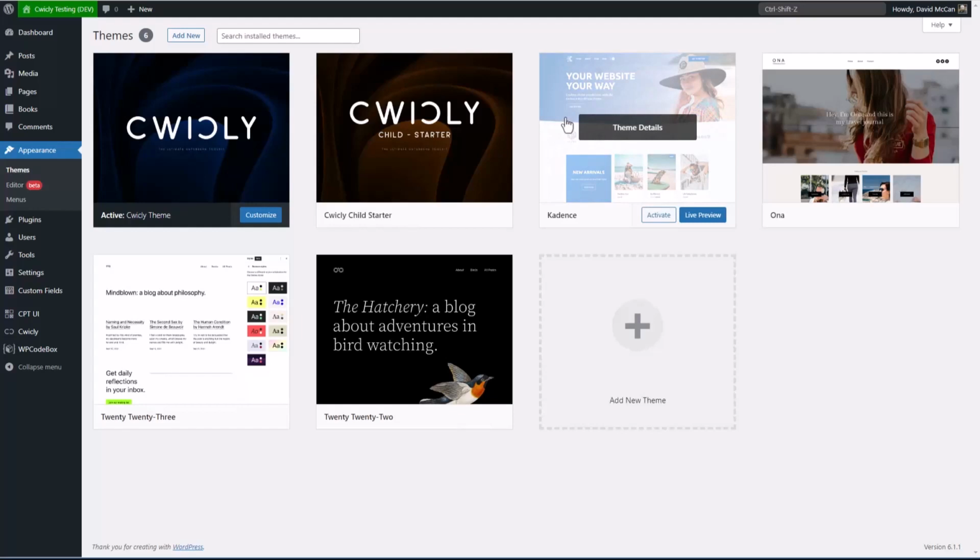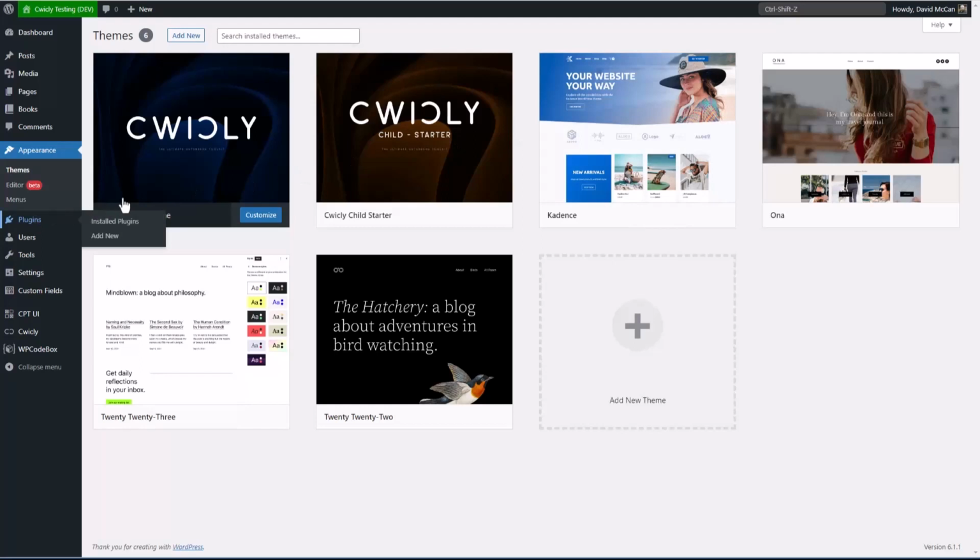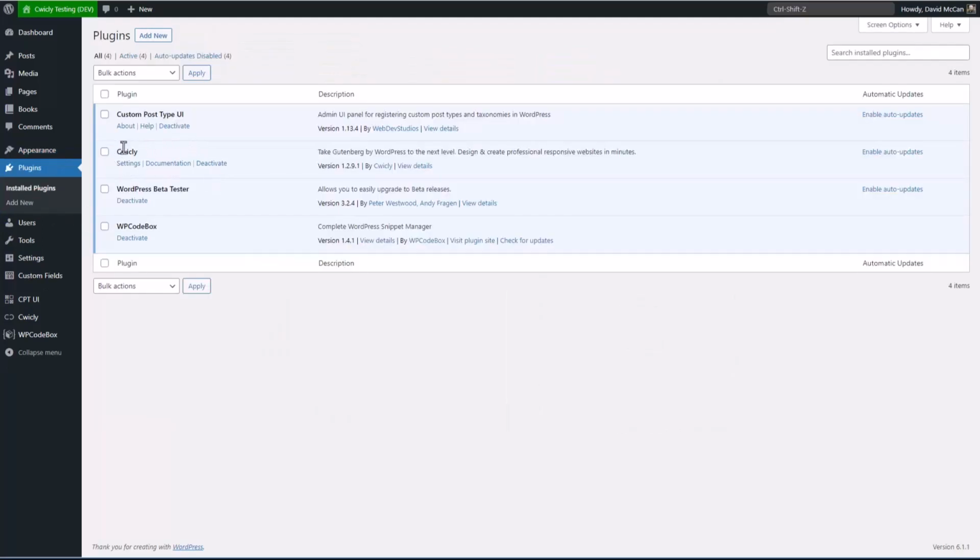Cadence also. If we look at the plugins, you see you have the Cwicly plugin. You don't see Advanced Custom Fields Pro here, but here is Advanced Custom Fields Pro on the admin, and that's because ACF Pro comes bundled with Cwicly. Cwicly was released a little more than a year ago, about the same time as the full site editor was